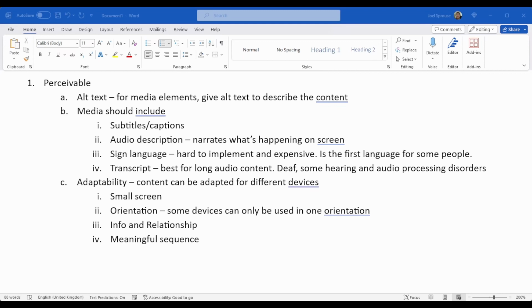I'm not interested in the navigation bar, I'm interested in the bit afterwards, in the main content. Or maybe I'm interested in the footer, and I can tell my screen reader, go to the footer section. In a logical order.